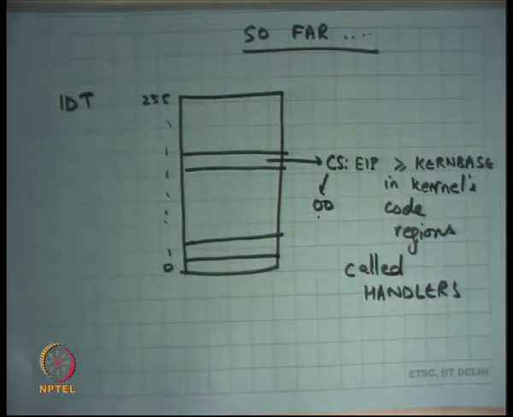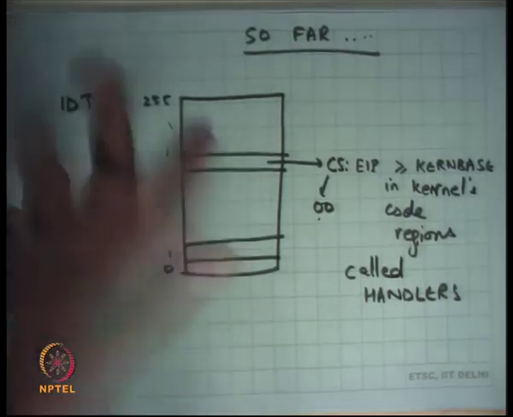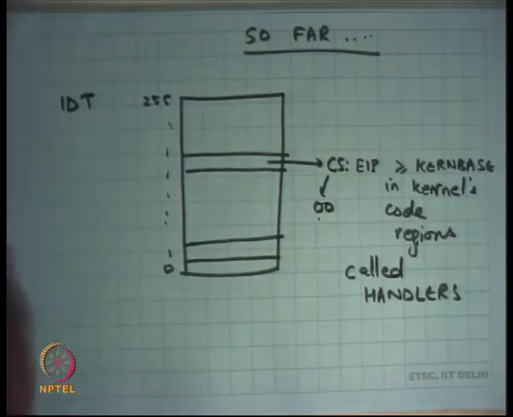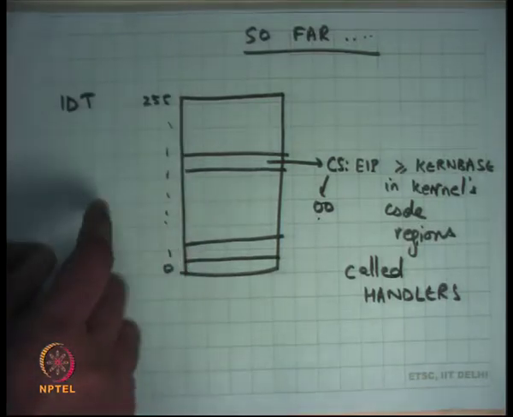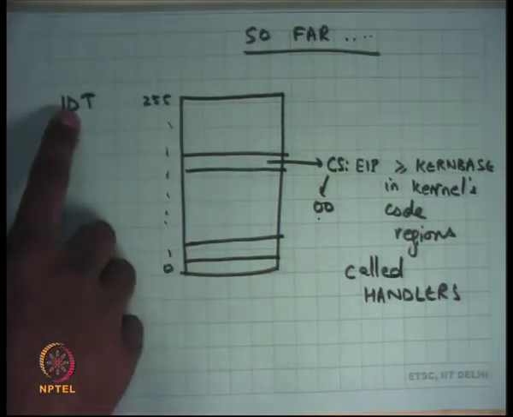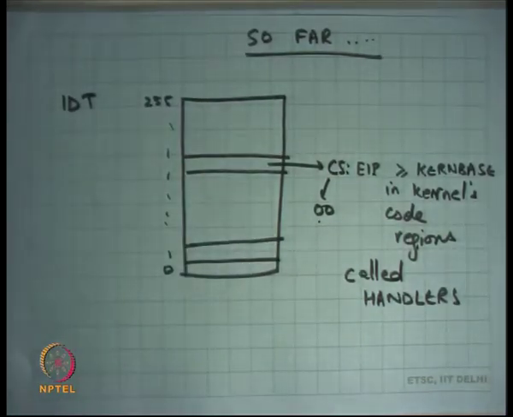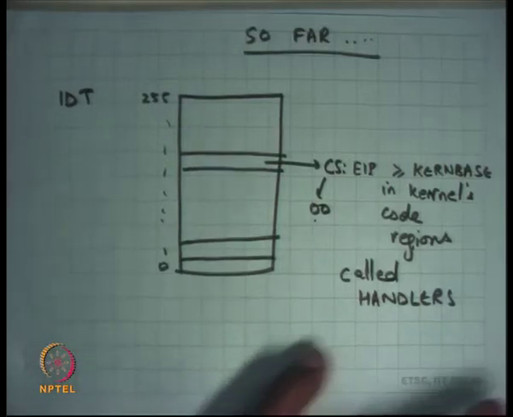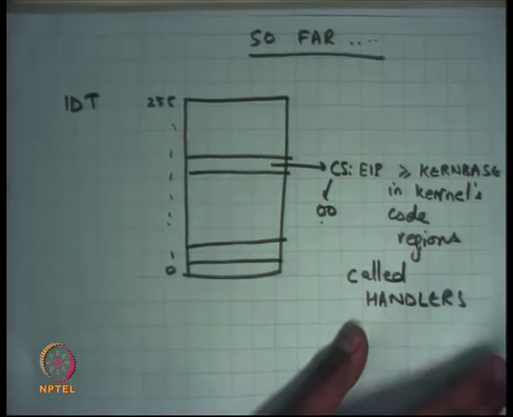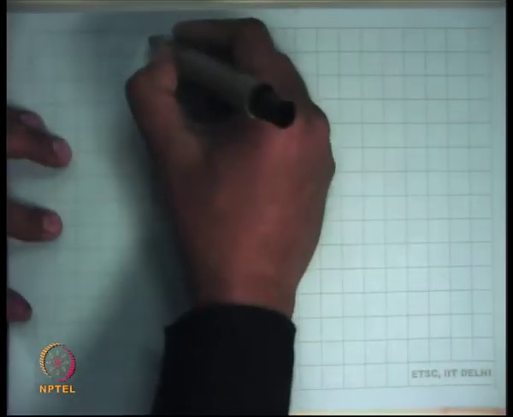Right? And these pointers are initialized by the operating system itself, and we have already seen that the user is not allowed to overwrite either the IDTR, which points to the IDT, or the entries in the IDT itself. The IDT lives in kernel space, so clearly the user cannot access it. If it could, it could just bring down the system. So let's look at how a system call works.